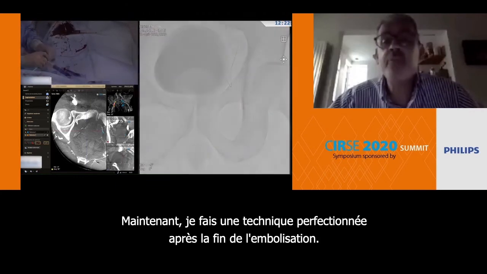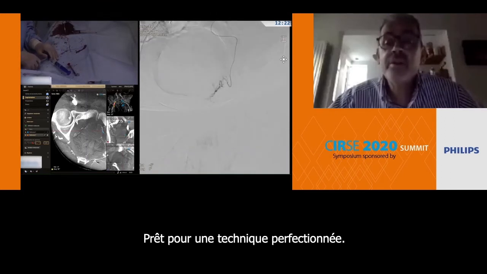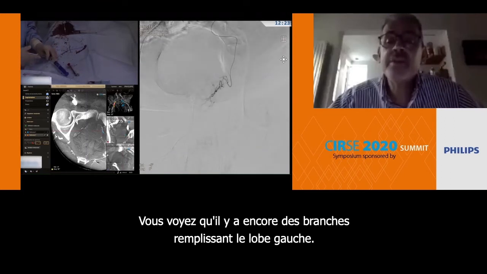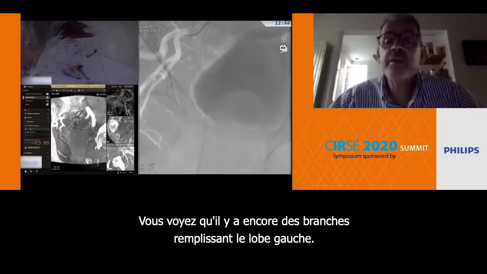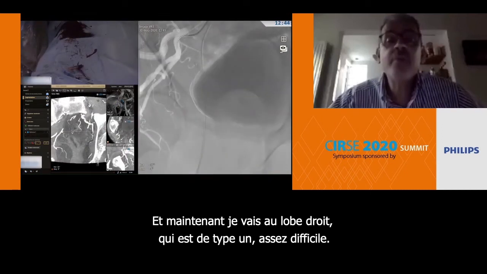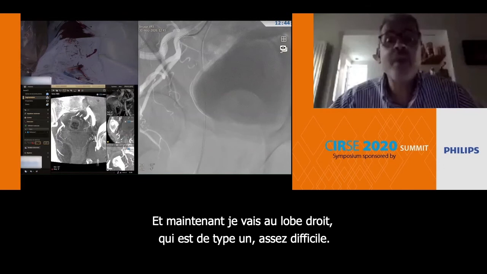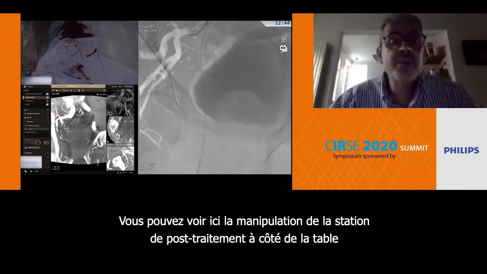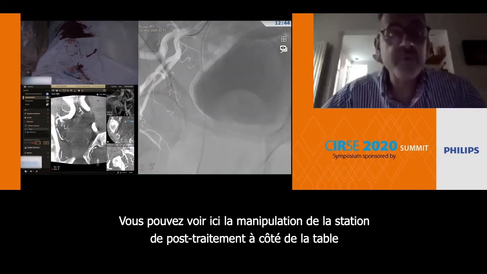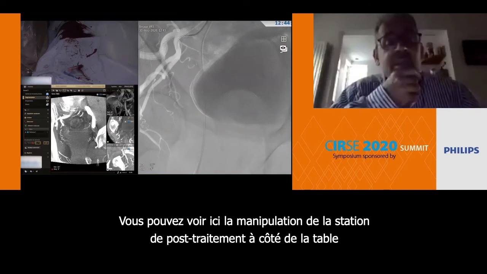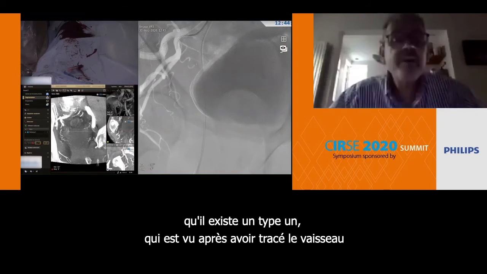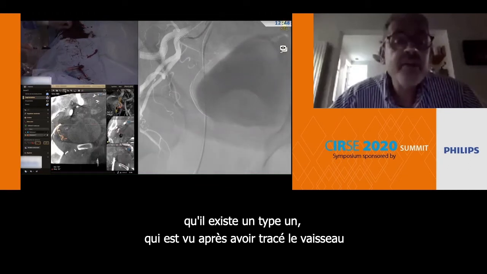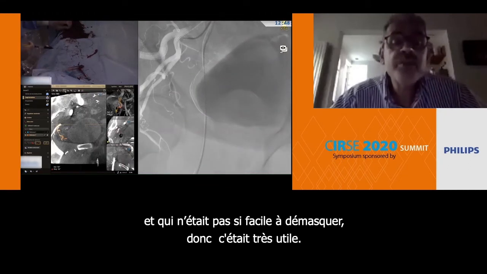Now I'm doing the post-embolization angiography after completion of the embolization. You see that there are still some branches feeding the left lobe. And now I'm going to the right lobe, which is quite difficult. You can see here, playing with the post-processing station at the table side, that there is a type 1, which is in fact, you see after tracing the vessel, not so easy to unmask, so